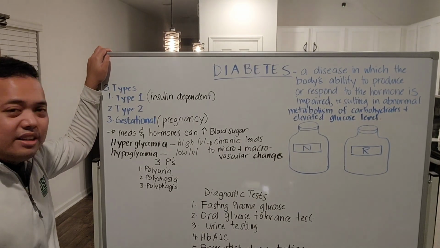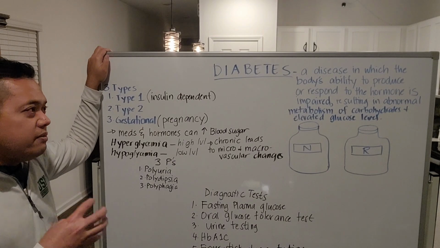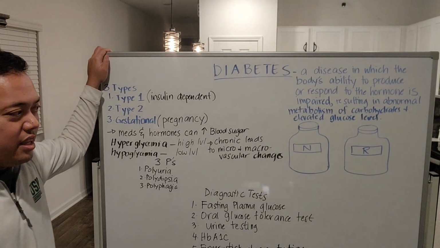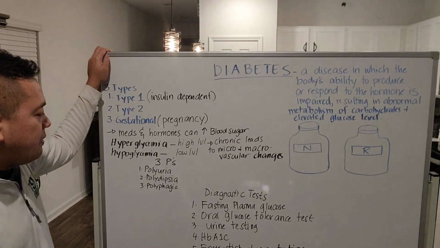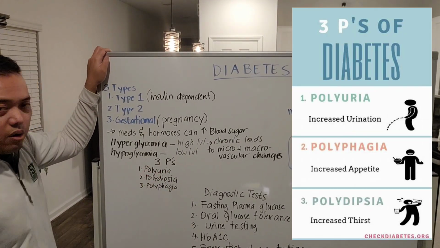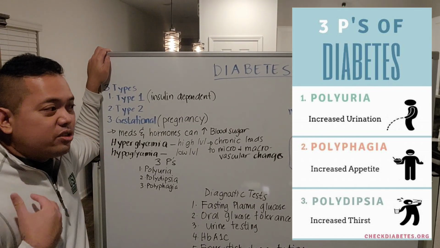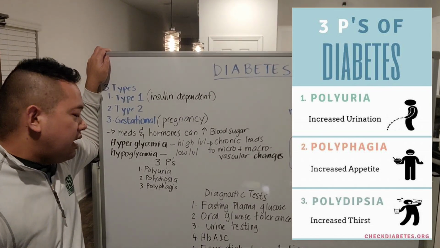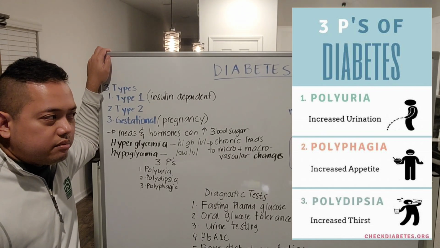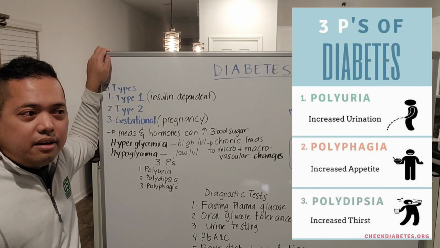Also, when someone has diabetes, the symptoms that people usually notice are going to be the 3 P's. So we have polyuria. Somebody's peeing a lot of water because the body is trying to excrete the water out. That's the reason why they teach us also that if you don't have any testing available,